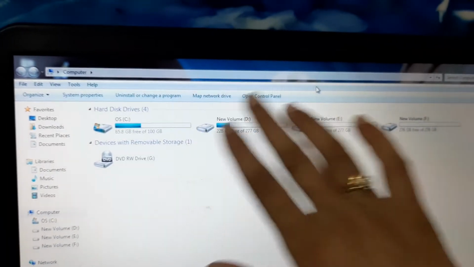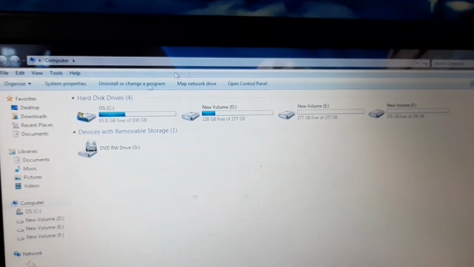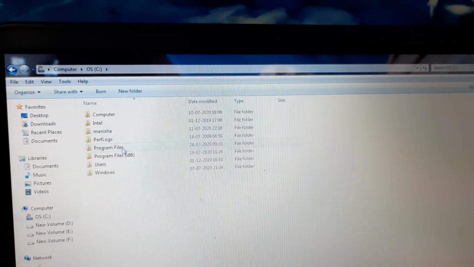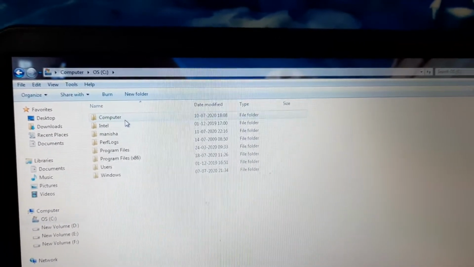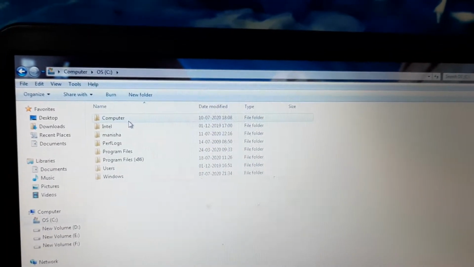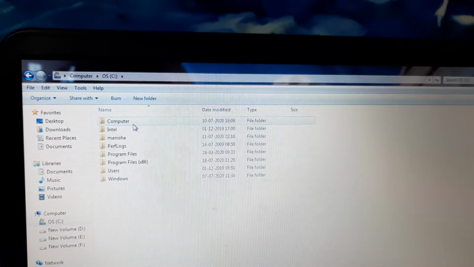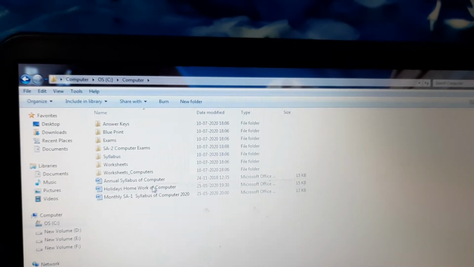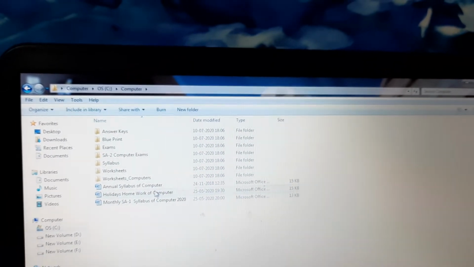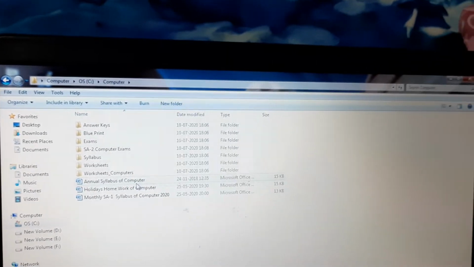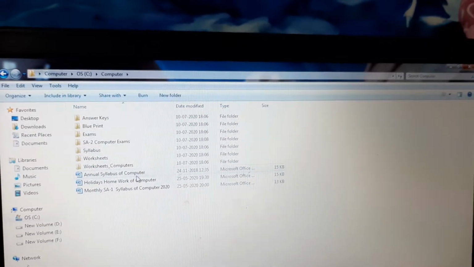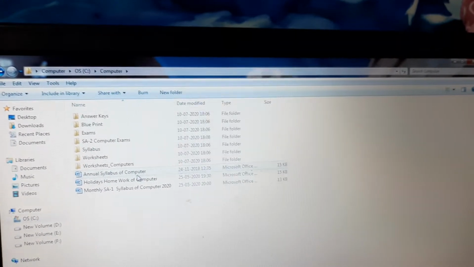Now you will be able to see the drives. Like if I want to open C drive, I will click on it. If I want to open any file or computer folder, then I will click on it and my computer folder will be open. I have told you that by double clicking on any folder or file you will be able to open it. But how to open